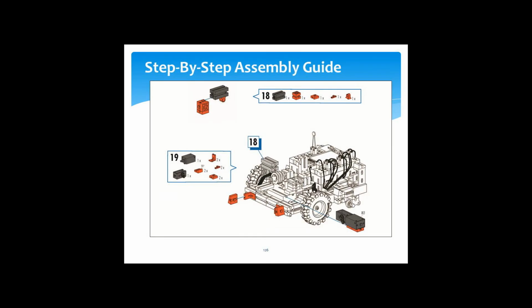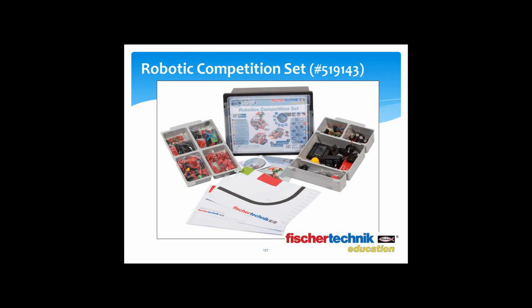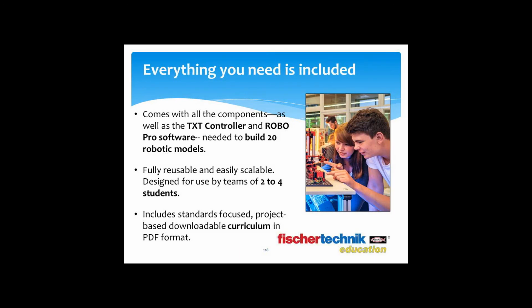And that is everything you get included with the Fischertechnik robotic competition set. So just to summarize, the Fischertechnik robotic competition set contains everything you need. That means all the parts, the RoboPro graphic programming software, the compact and powerful Robotics TXT controller, the rechargeable AccuSet battery pack and charging unit, all the step-by-step assembly instructions for building 20 different instructional models, and complete and highly